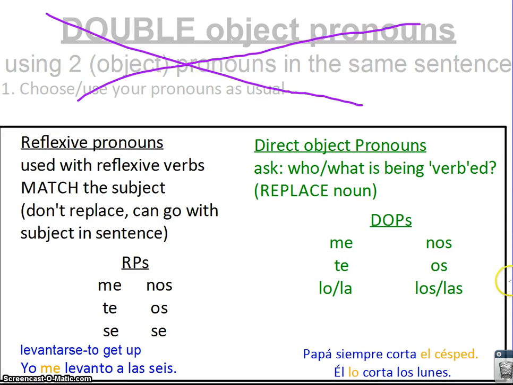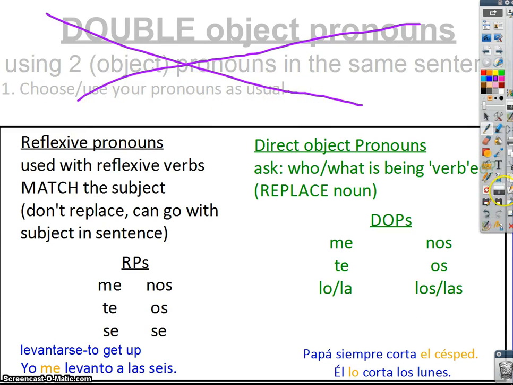Didn't you just write this down on the previous box? Yes, you did. It's not going to hurt you. It will only help you to write it again. When you write things down, you're more likely to remember them effortlessly. Okay, so if you're not done with this yet, go ahead and press pause. I am moving on now. So after step 1, choose and use your pronouns as usual, step 2